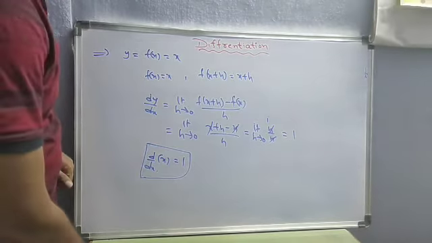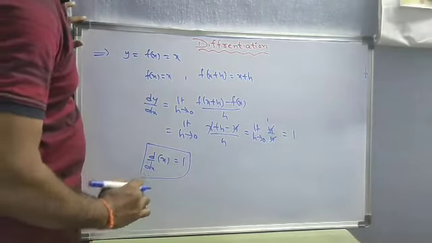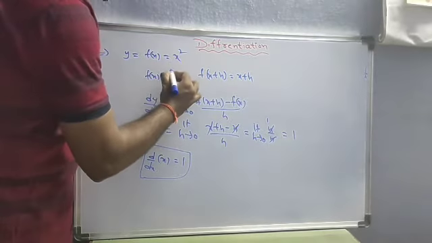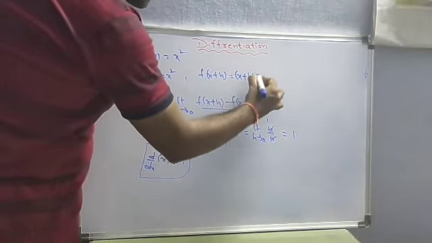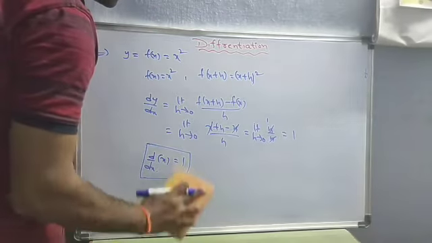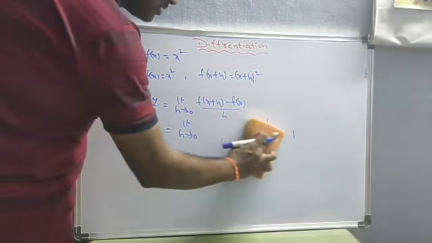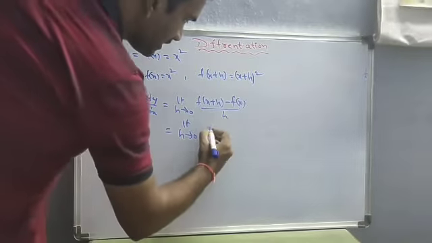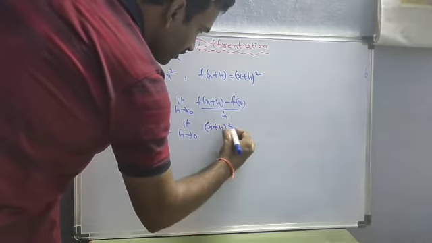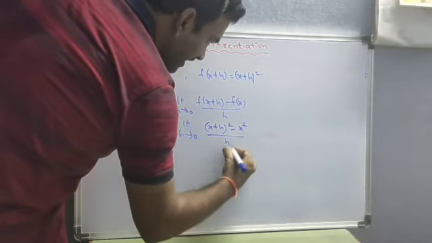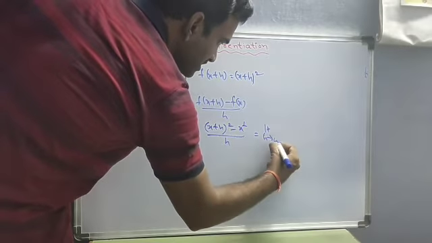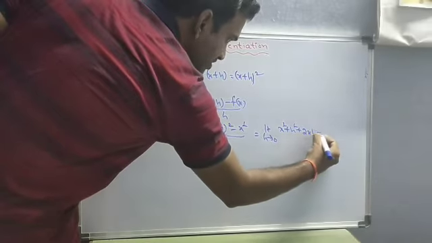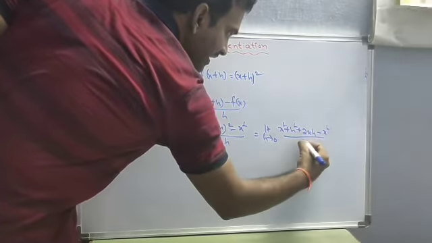Like that you can take x square. So up to this, we completed that. For example, if I take x square, here also x plus h whole square. Here I am just modifying the values. You just observe here, then you will get a good idea on this. x plus h whole square minus x square by h. So limit h tends to 0, x square plus h square plus 2xh minus x square by h.